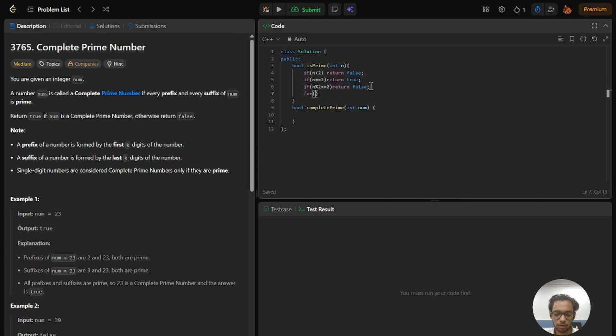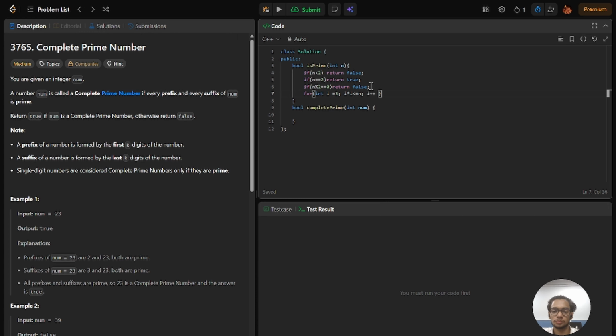Now let's start our for loop, and I will start from 3 because we have already taken care of numbers up to 2. Now I am taking i * i less than or equal to n,